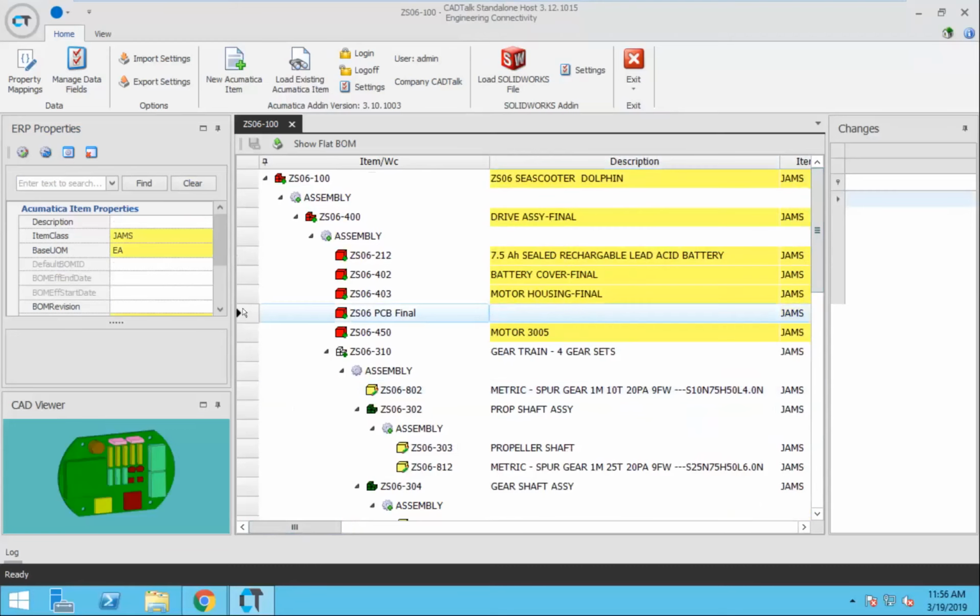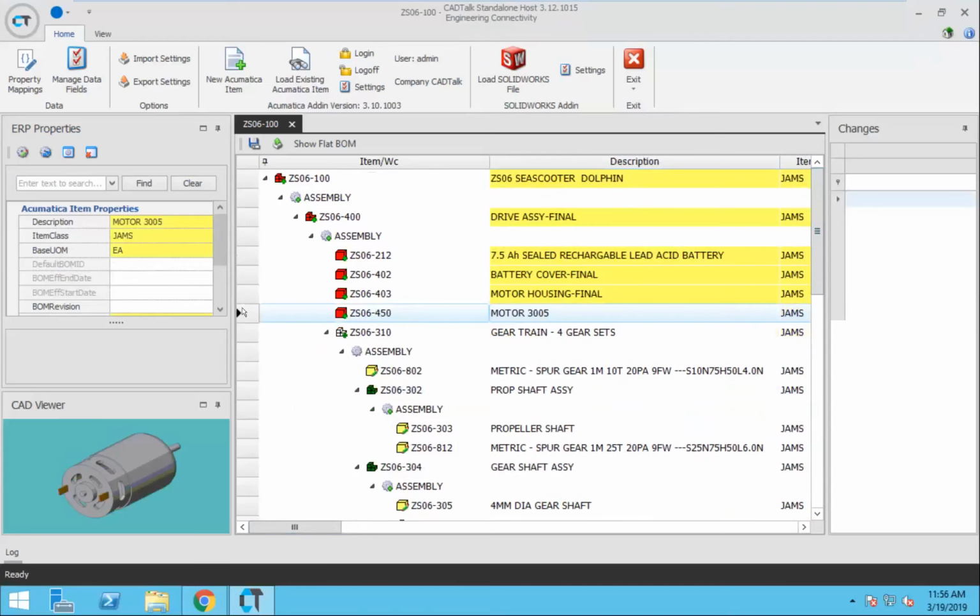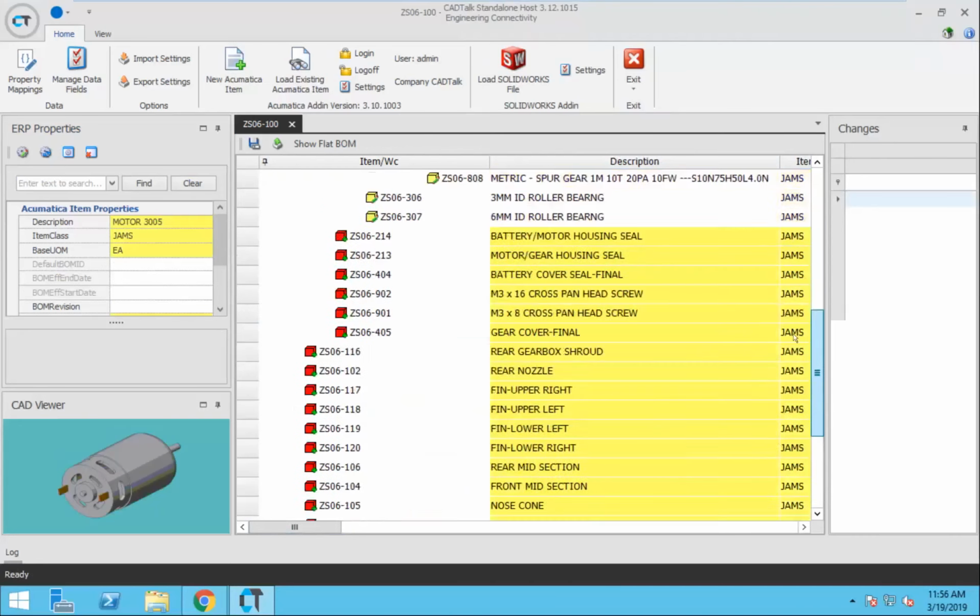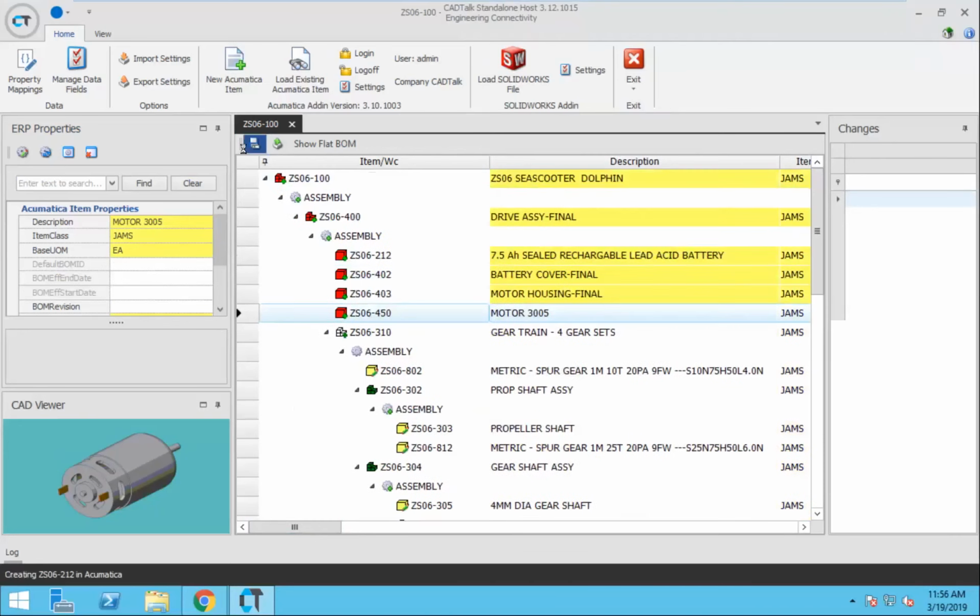All right, so for example, if I want to delete that part before I put it into Acumatica, I can do so. I just did that quickly. Again, to say I'm ready to go, I can hit the save button, and as you see down here in the dialog, it's creating all of those parts in Acumatica. So all the new parts, just like I said before, it goes to the inventory screen and creates all of those new item master parts. So all those ones in red that you see, it creates all of those